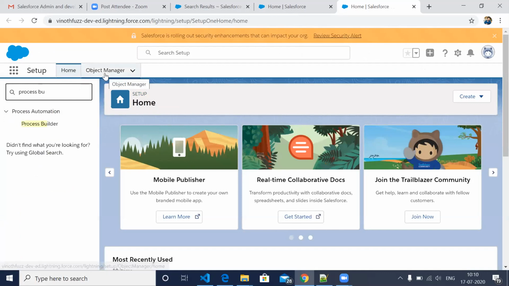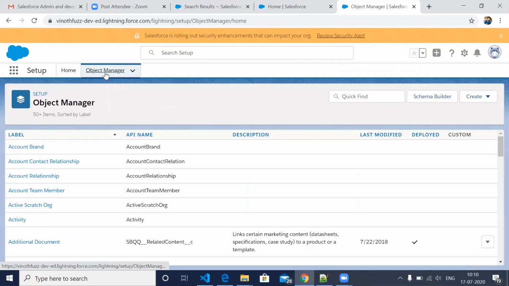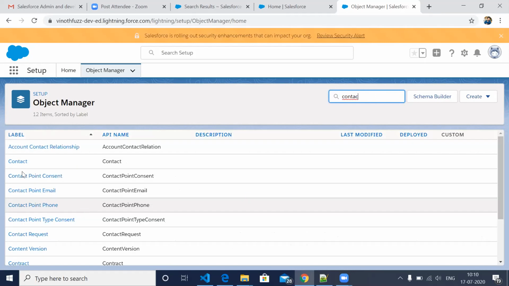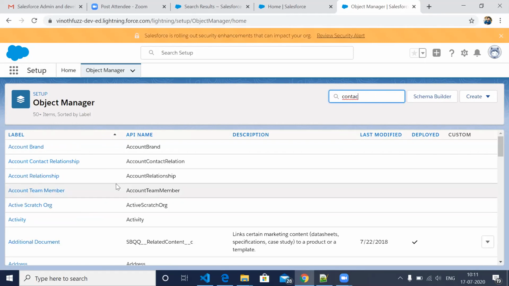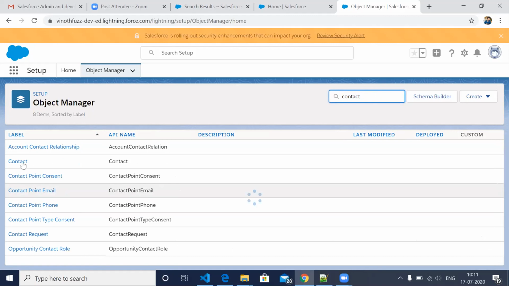And here we will have separately something called object manager. Object manager contains all the objects, that means all the tables. So let's say I want contact. I can search it here, and you will get this contact.